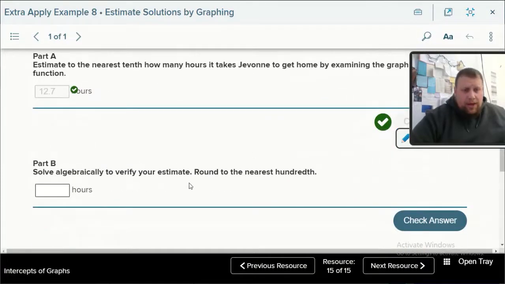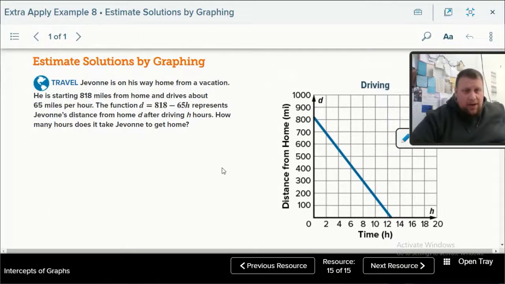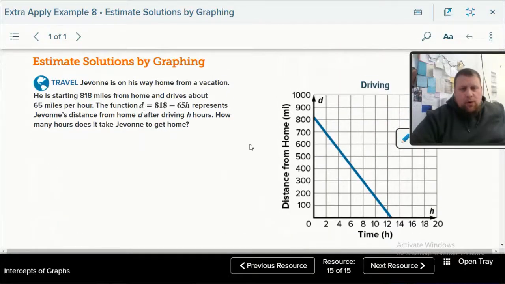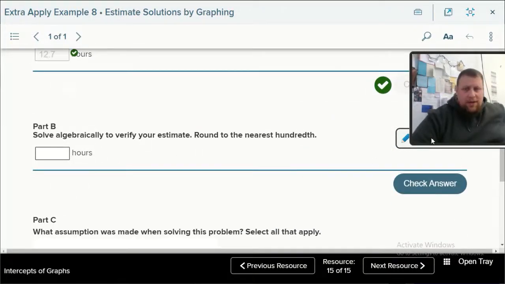Solve algebraically to verify your estimate, round to the nearest hundredth. Okay, now I've got to do some math. So I've got 818 minus 65h. Now, you may be wondering, what do we do with that second variable? Well, I want to know the time. What is the value of our distance when we're at home? Well, our distance will be 0. So the equation we're going to be left with is that